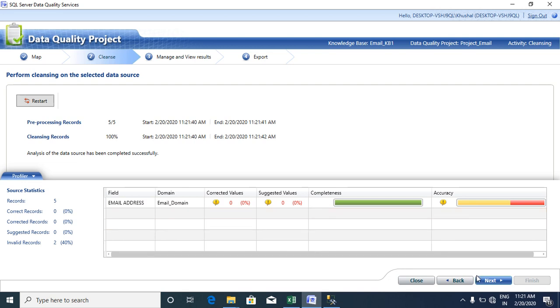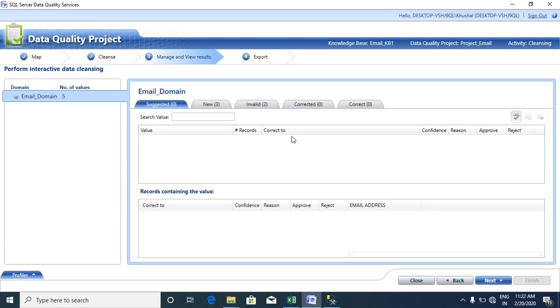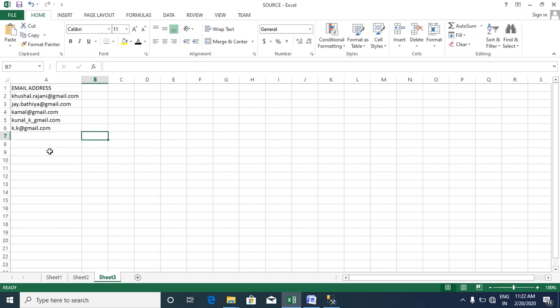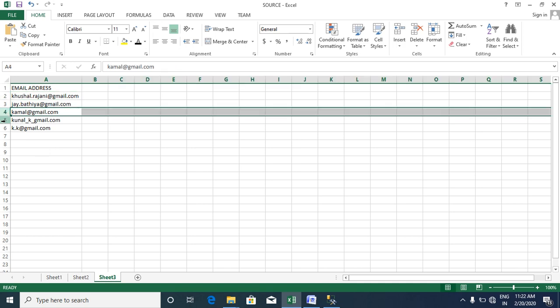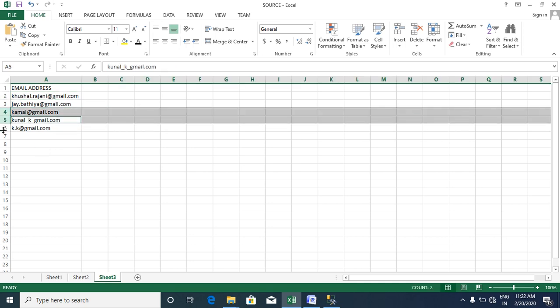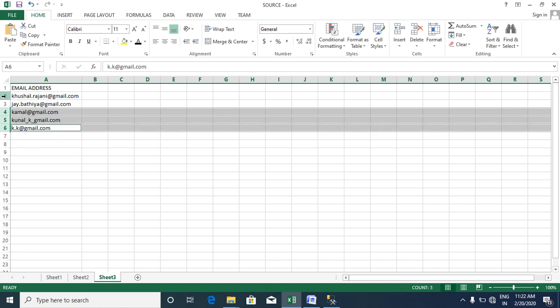invalid data is 40%, and the total number of records is 5. So click on next. Here you can see that 3 records are under my condition, and 2 records are invalid. So our condition is the email should start with the K. So these records come under this condition,